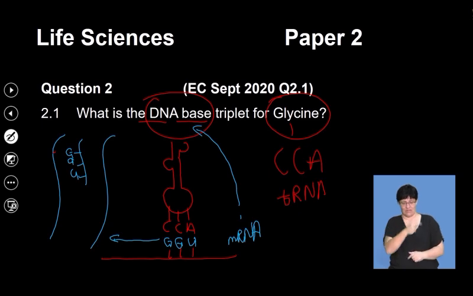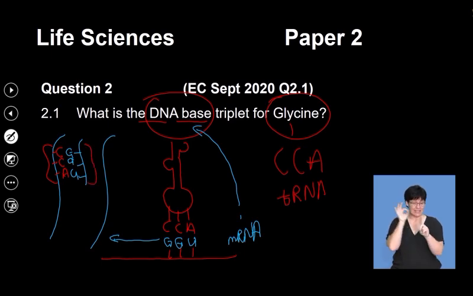So again, the concept of complementary, so that's going to be C, and we need to have on this an adenine. So those DNA bases would code for this specific mRNA codon, which in turn gives you the anticodon, which